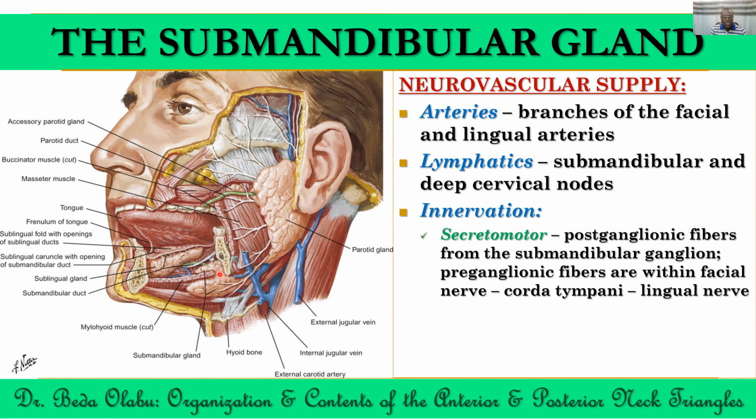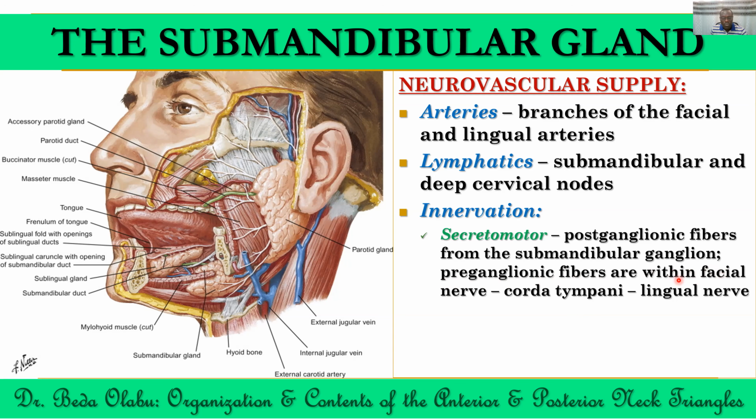But for these fibers to reach the submandibular ganglion, there must be preganglionic fibers. The preganglionic fibers of this particular pathway have a very long route. They start all the way from the superior salivatory nucleus in the brainstem. That is the location of the cell bodies of the preganglionic fibers. And these fibers join the nervus intermedius root of the facial nerve, and so they'll be part of the facial nerve. Then within the petrous bone,